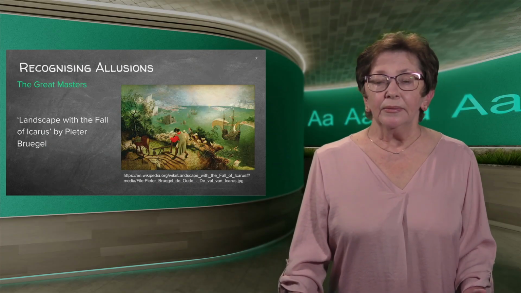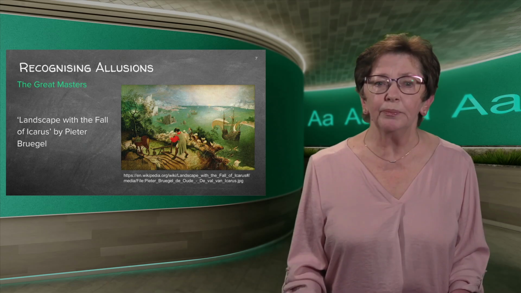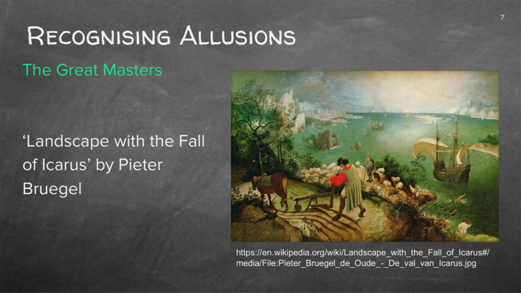Now, the direct reference to Icarus, made in the poem, both in the title and in the poem itself, is this painting of Bruegel, where you see the farmer ploughing on, where you see the boat, we're going to talk about that just now, the boat sailing on, where we see poor old Icarus with his little feet in the water, drowning. Right. That is the one direct reference made.